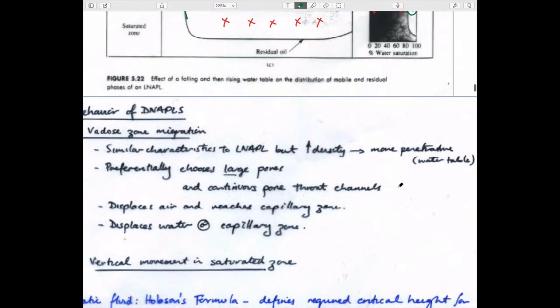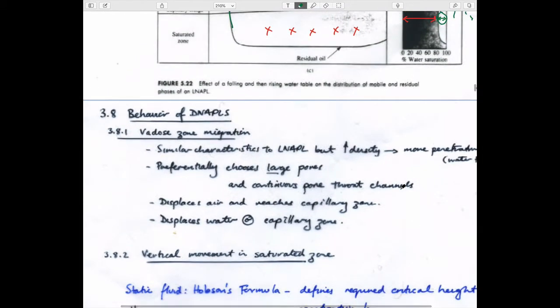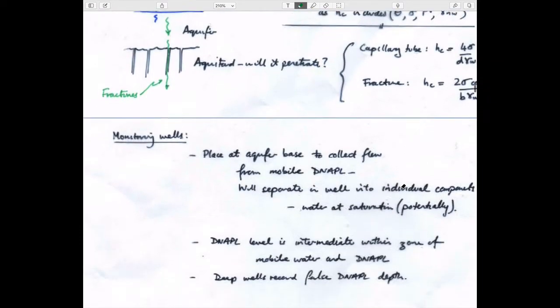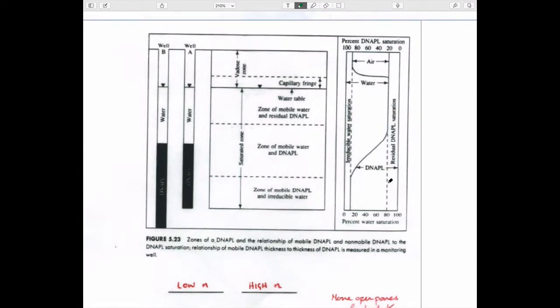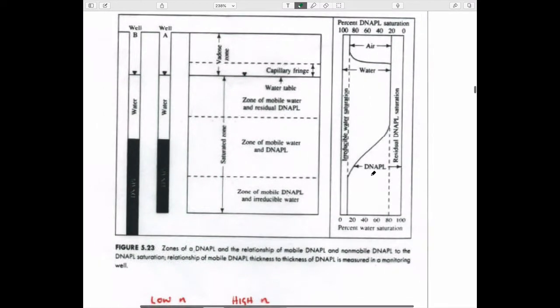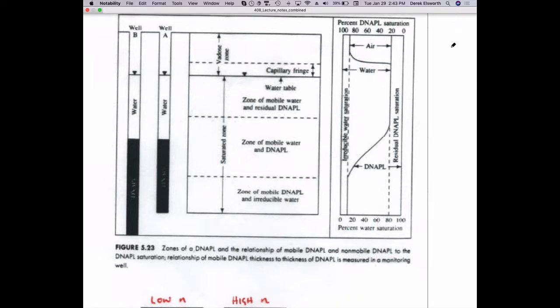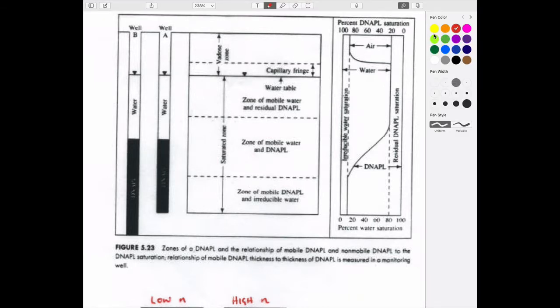Okay. So what kind of behavior do we get if we look at DNAPLs, denser than water? Well, you can imagine, again, if we look at this figure here, that when we go in to measure these things in the borehole, which is the only access we have to the aquifer, we end up with some behavior, and we'd like to know if that behavior is true. And so if we look at what these would look like as you go from the ground surface, we've said that you spill it, and you get this stuff going down and down,